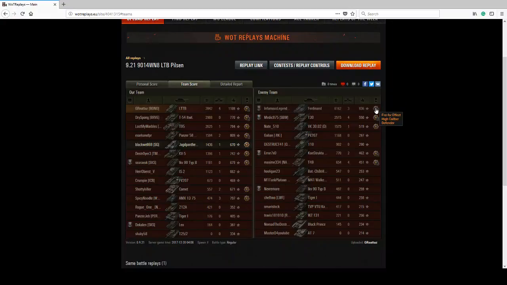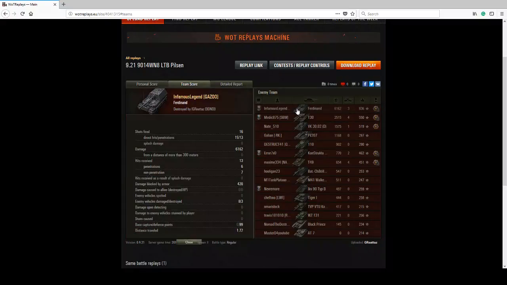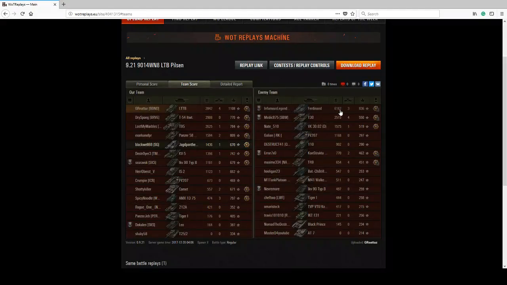Even if I would have gotten another 900 damage, 4,000 damage, I still wouldn't have gotten it because the Ferdinand on the enemy team, infamous legend from Gagzu, actually got over 6,000. So as you can see, he pretty much carried his team. But as you noticed also, he made a mistake that he should not have made. In my opinion, the battle would have probably been different, and it would have probably been possible for them to win if infamous